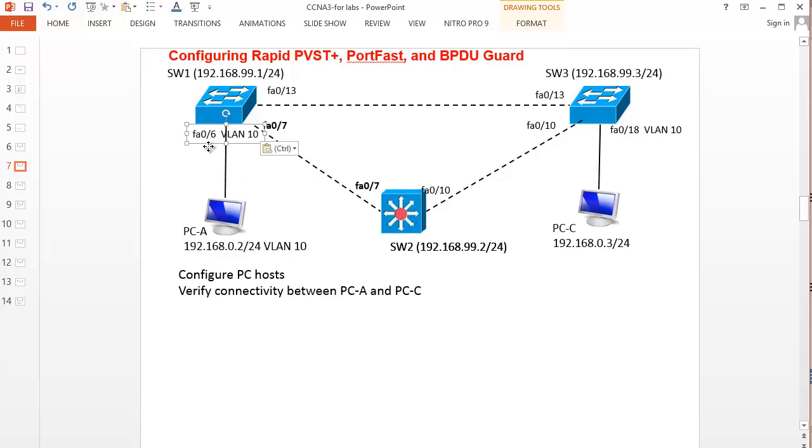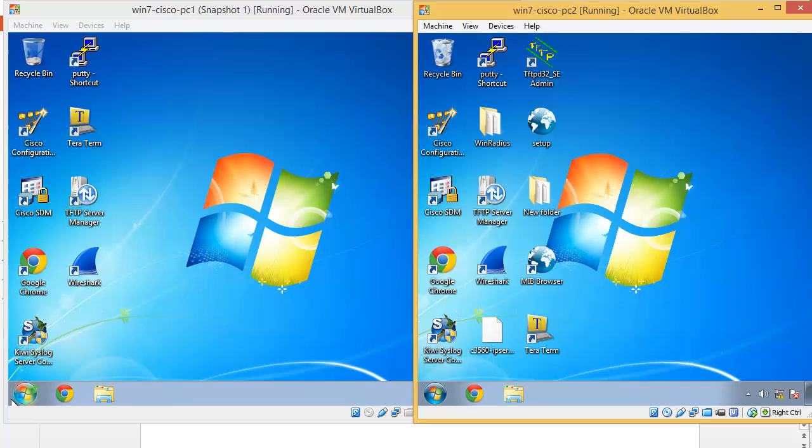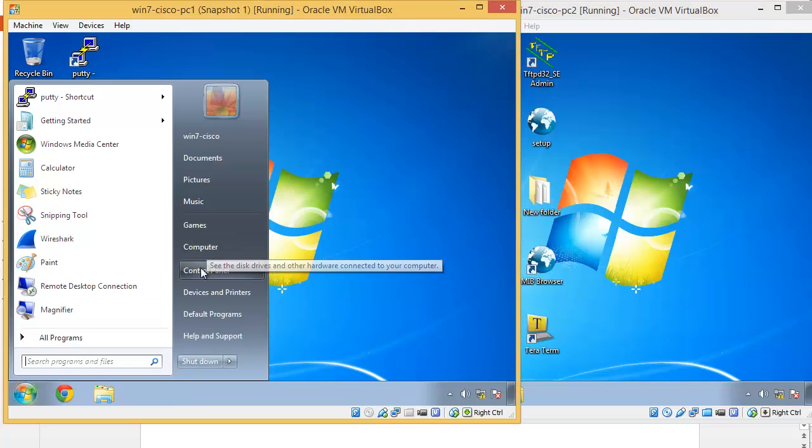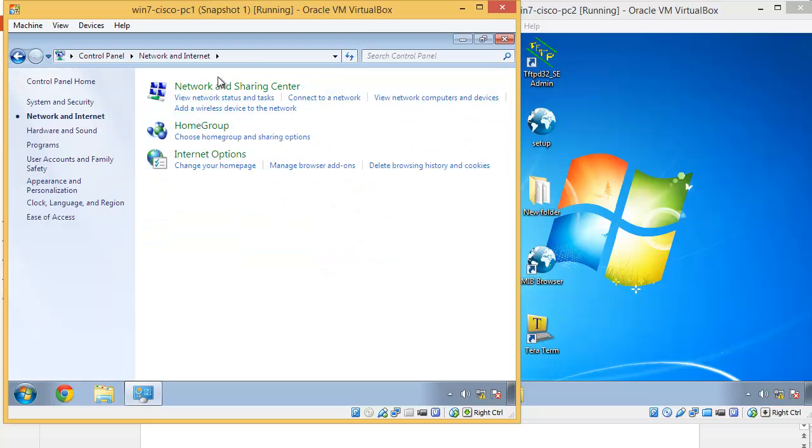This is port 6 on switch 1, and port 18 on switch 3. So PCs don't know what VLANs they belong to. Okay, but we need to configure the PCs first. So that's my PCA, and that is my PCC. So I need to configure an IP address: control panel, network and internet, network and sharing,